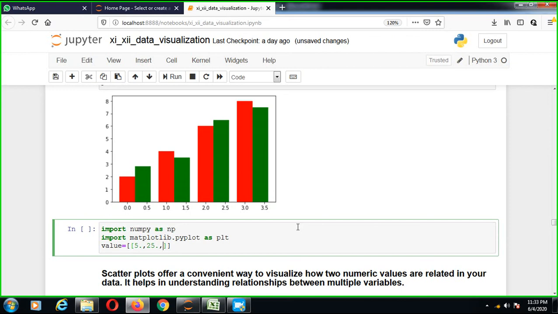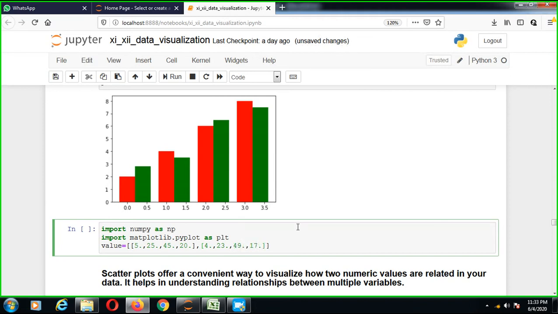Okay, next is 45 comma and 20. So these are the values, so we're making a graph. Next is 4 comma, 23 comma, 49 comma and 17.